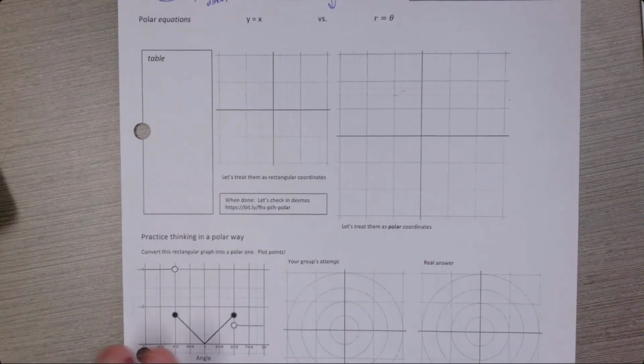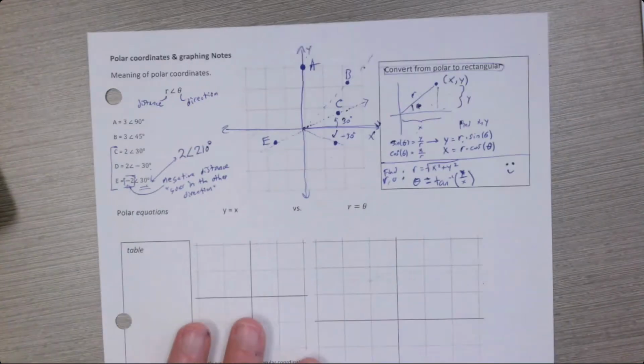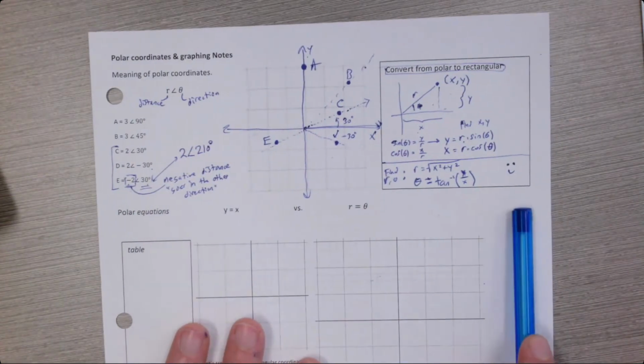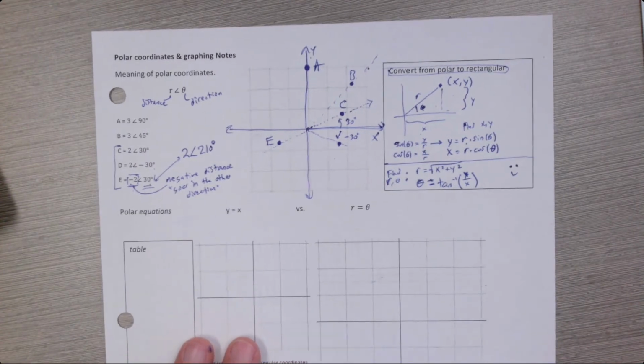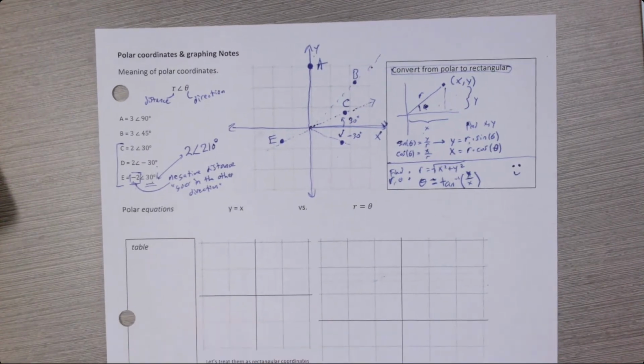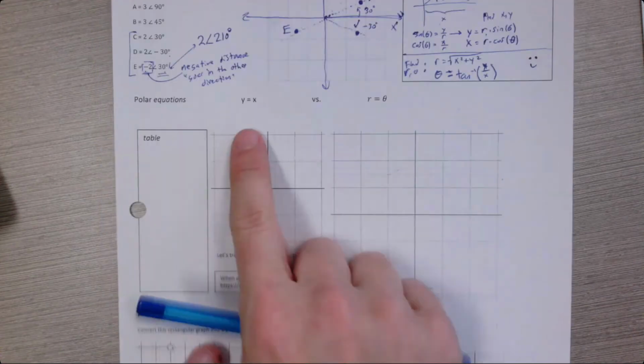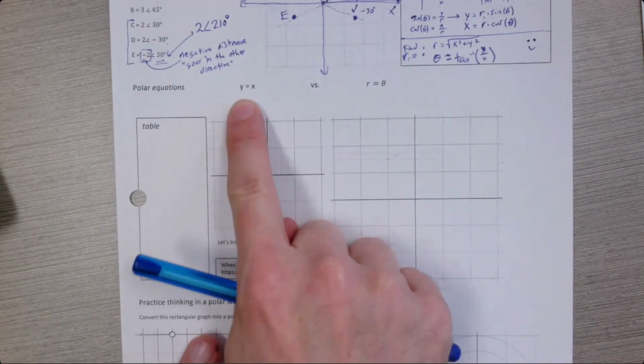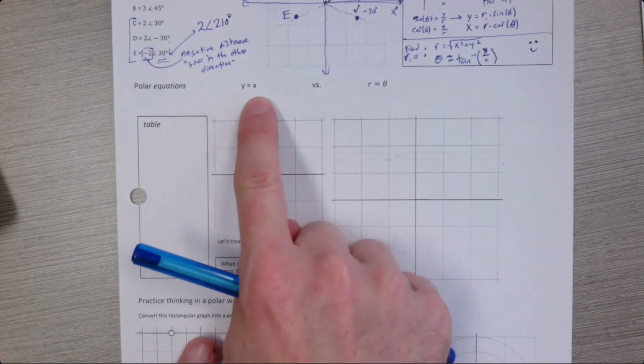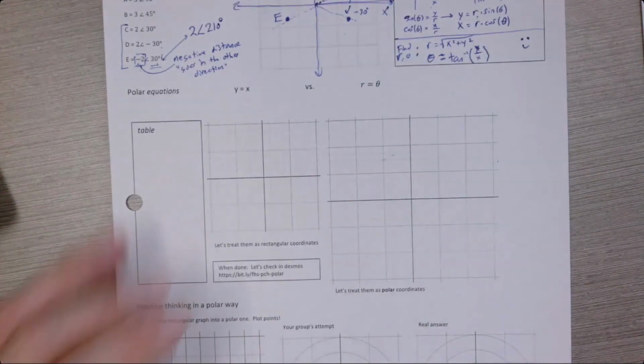Okay, video restarted. So the top section is just about polar coordinates. Now we're going to talk about polar equations, which are equations that use polar variables. So here's what I mean. This is a rectangular equation, y equals x. And usually what you do for these is